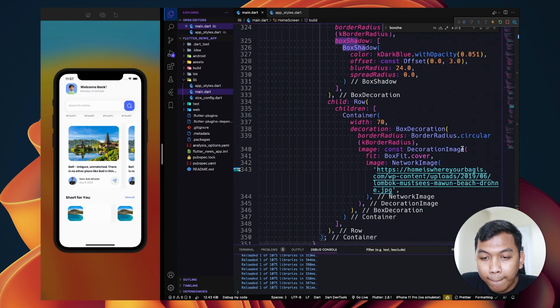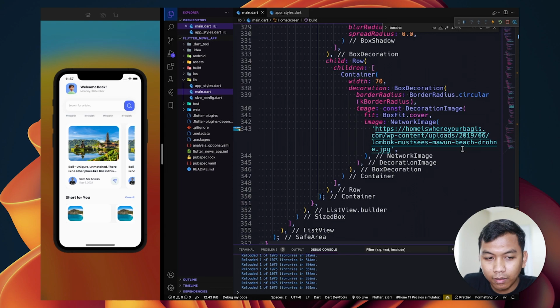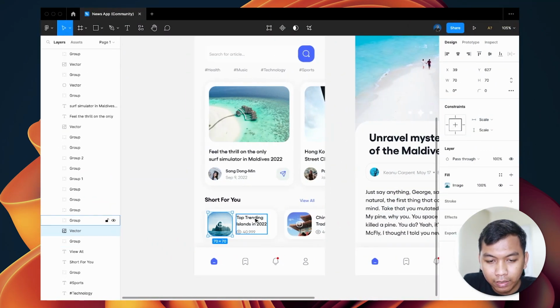Alright. Okay, and the next will be column widget.